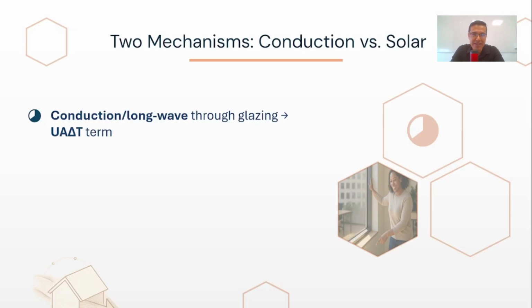This is a crucial distinction: improving your window's U-value by using things like low-E coatings or special gas fills in the panes will reduce heat loss in the winter and heat gain in the summer, which is a year-round